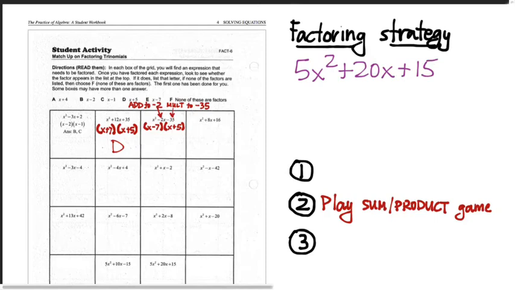And so my first question is, what did you do to try and factor this expression? Because you came up with an answer here that you thought that none of the factors in this list were actually factors, so 5x squared plus 20x plus 15. So how did you approach this factoring problem? Before we can use the sum and the product game on a polynomial expression like this one,